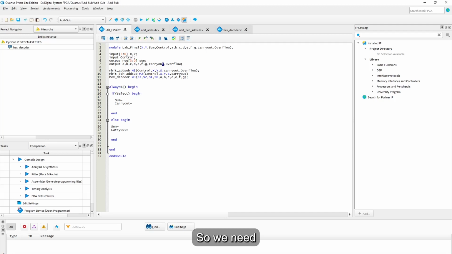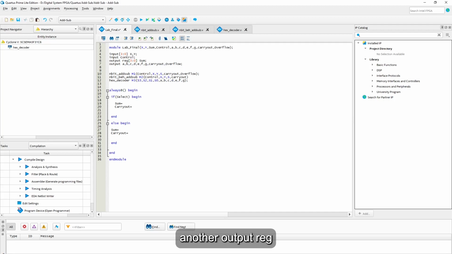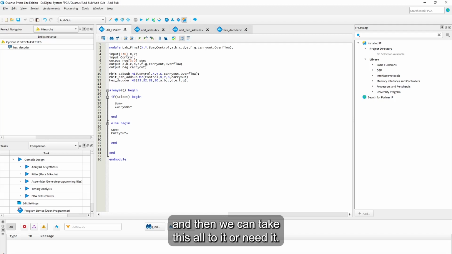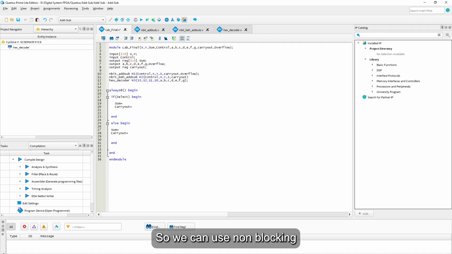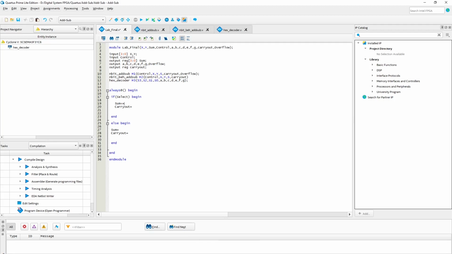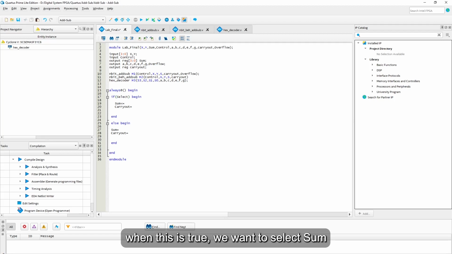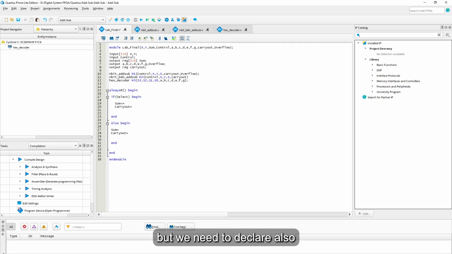So we need another output reg. And then we can take this out if we don't need it. So we can use non-blocking, I think that is okay. When this is true, we want to select sum, but we need to declare also